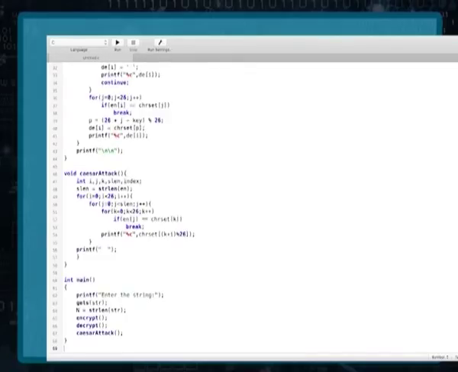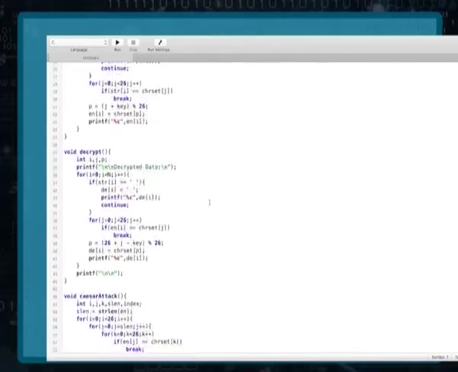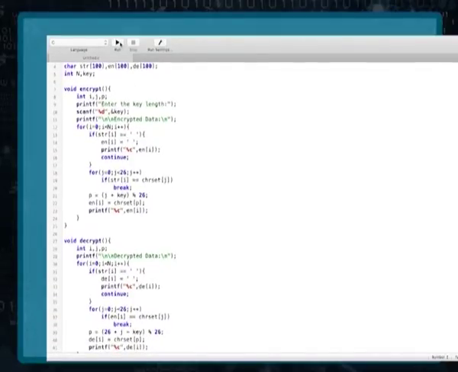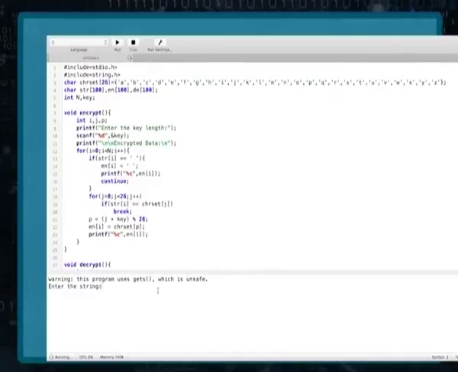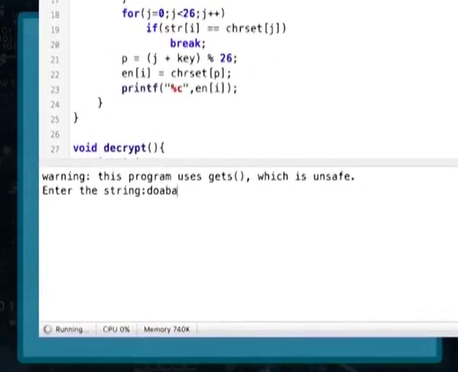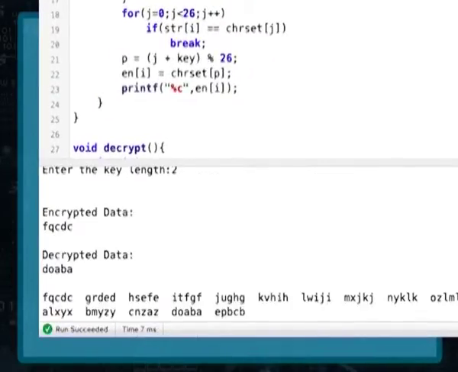Now, finally, let us put all the things together and run the complete code. After compiling it, let us run it. First of all, enter the string to encrypt. Let it be DOABA. Now, enter the key, let it be 2. Now, you can observe the encrypted data as FQCDC. Now, we have defined the decrypted function also. You can see the decrypted data as